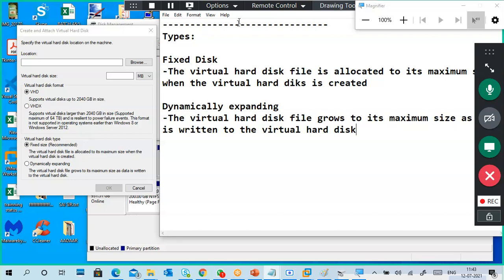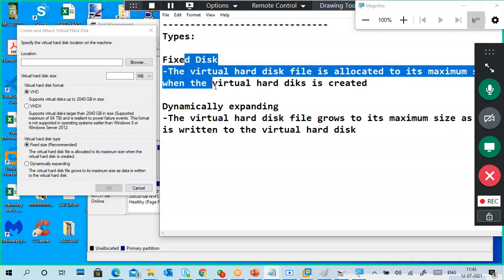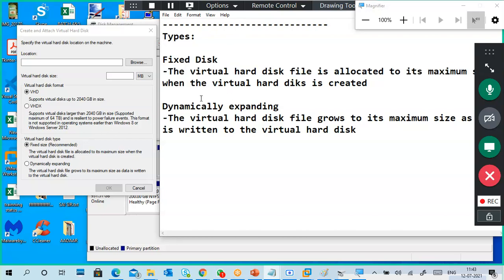Okay, so this is a statement. So if a few statements are there, you can read them. Virtual hard disk types.